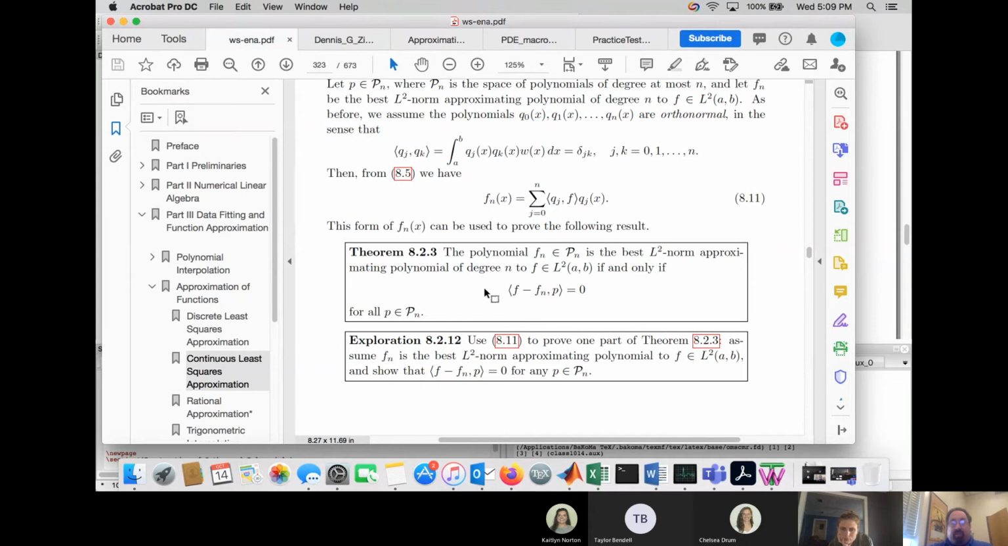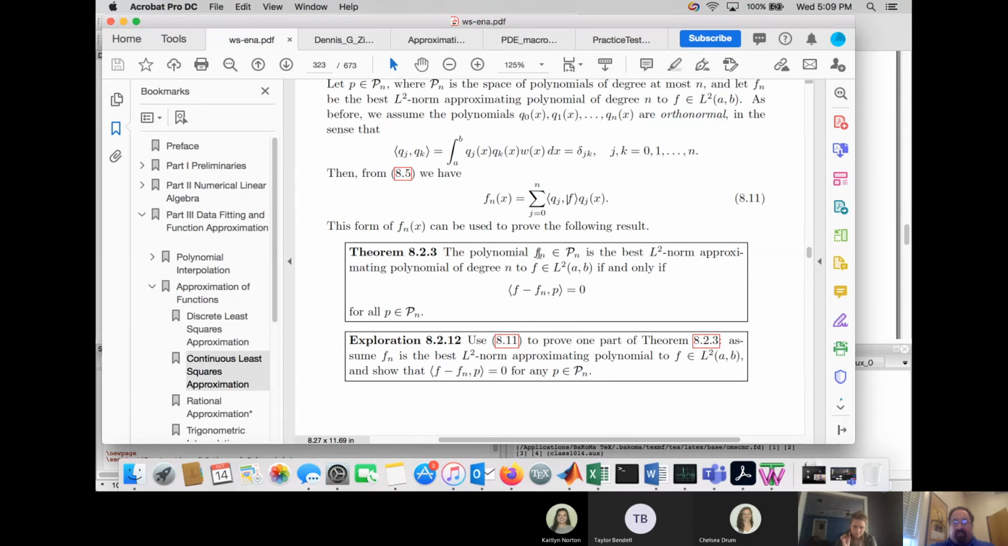So problems 12 and 13, which I assigned in the homework, are meant to prove the two parts of this theorem because it's an if and only if situation. So in problem 12, you're asked to assume that f is defined this way, and you show that this is satisfied. So what that means is, I'm going to give preemptive hints. What you would do is take this formula for fn and substitute it in here,